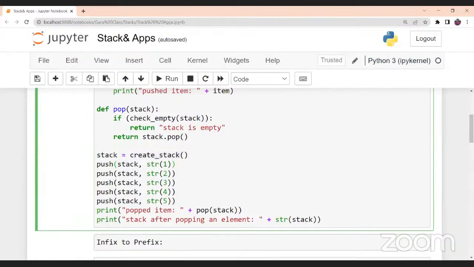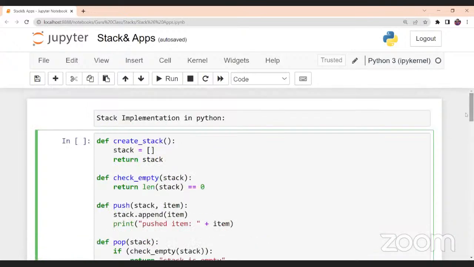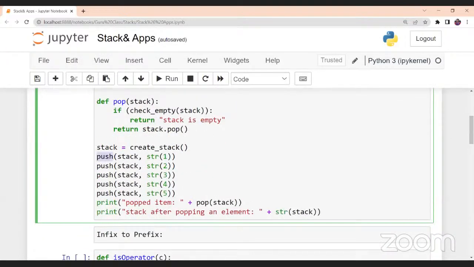And after that, there is an empty stack here, right? Then what do you want to do? You want to push some value, or insert some value. What is the term pushing? That is called inserting a value into the empty stack. So first it is an empty stack, and now you are pushing a value here. You are passing this stack and the string 1 as the argument. Okay, so let's see how this push operation works.